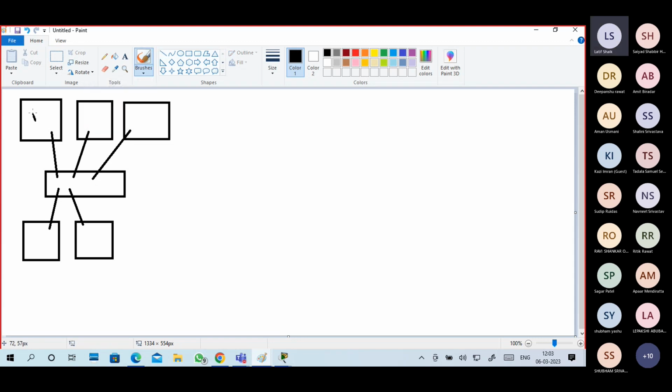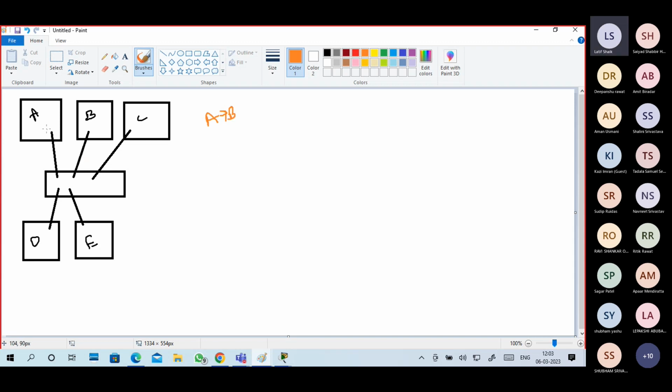For example, this is APC, BPC, CPC, DPC, EPC. It's a simple LAN communication. I want to send a packet from A to B.